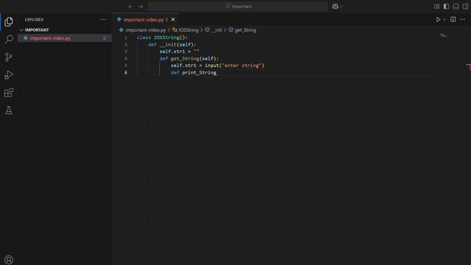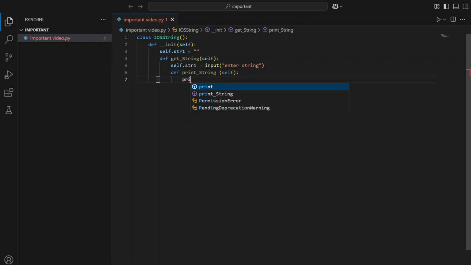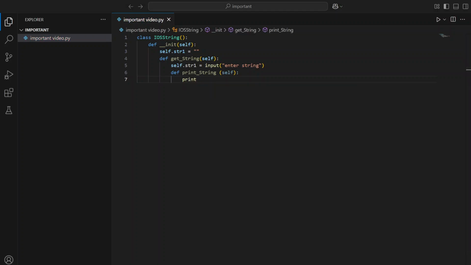And then self. Enter. Print. And print result is